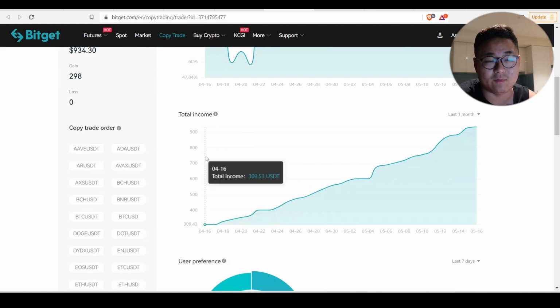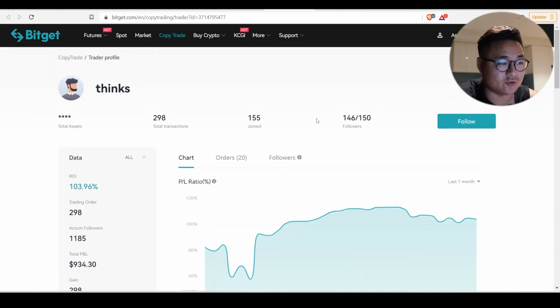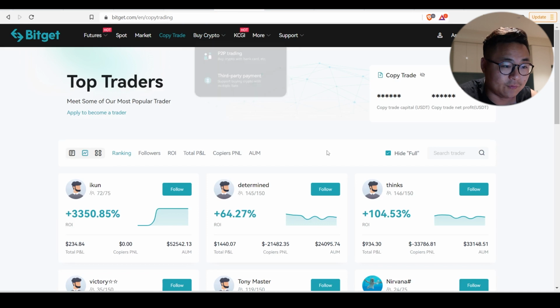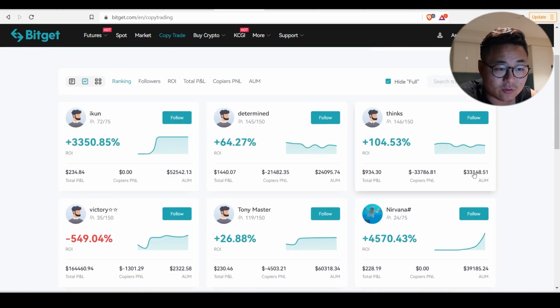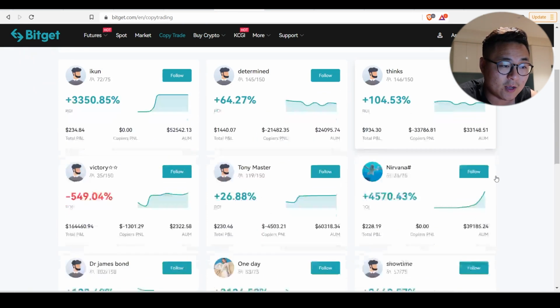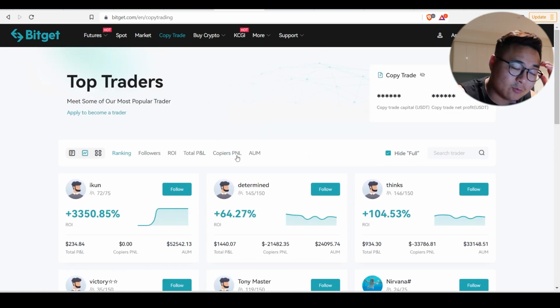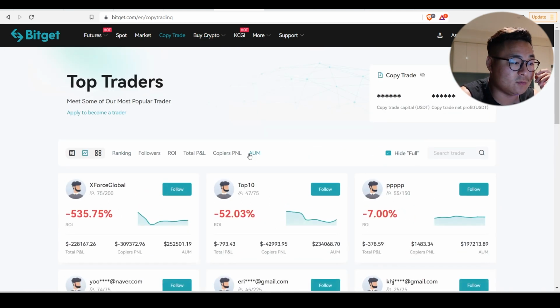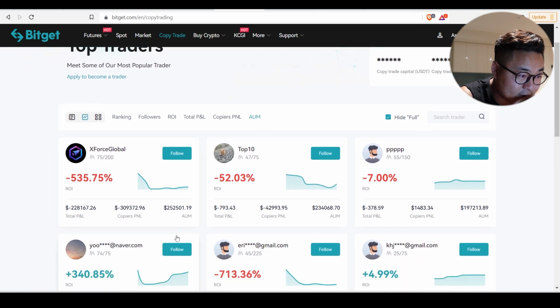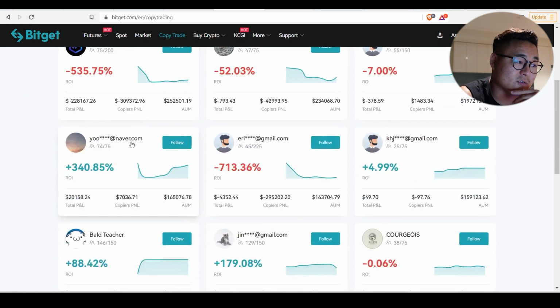They might just do that on purpose, just to showcase their trades, just for the sake of doing this trade here. It's obvious to me that he's got about $33,000 asset under management. That's not bad. I would also be arranging this by asset under management as well, because the more money that these guys manage, this guy managing 200K, he's down 500K, so that doesn't look good, so I'm just going to